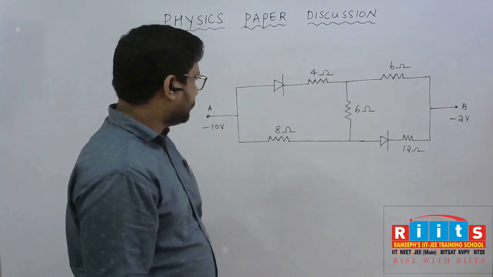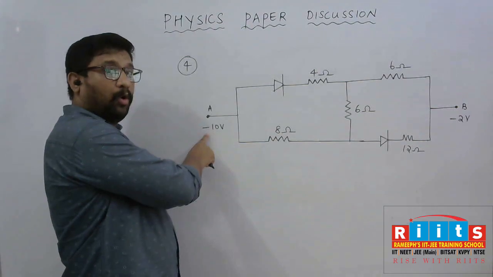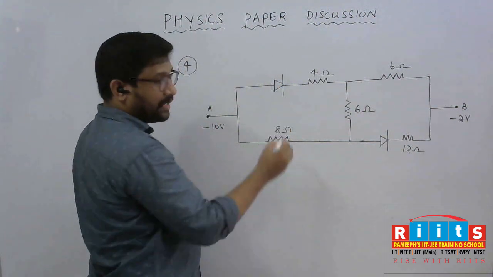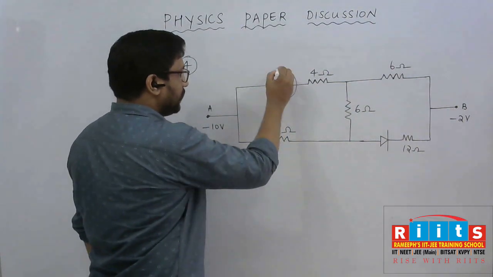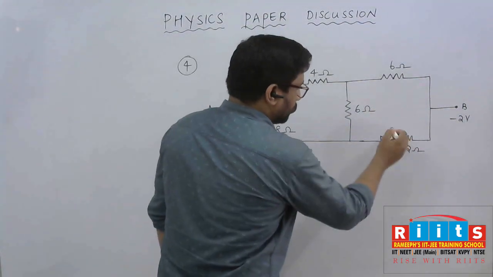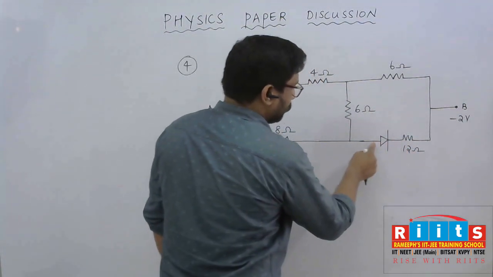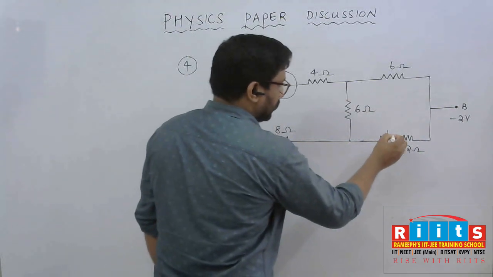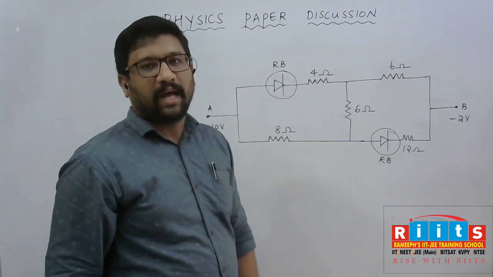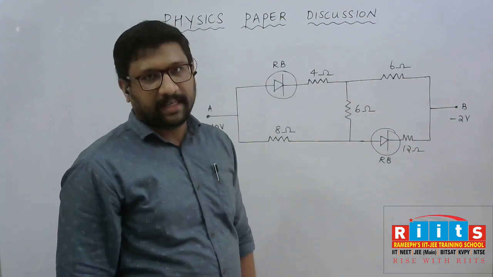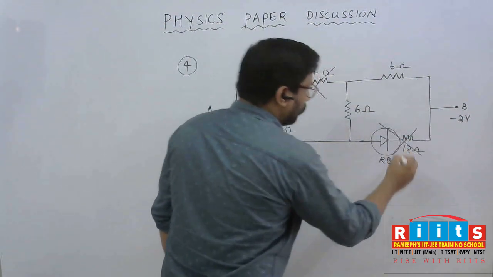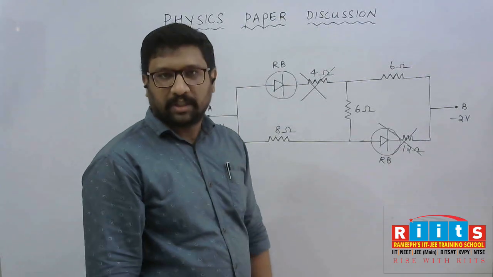By analyzing the terminal potential, A is more negative. So this point is more negative compared to the N side. Hence, this diode is in reverse biased condition. Similarly, for this diode, this is the less negative portion and this portion is getting more negative potential. This is also in reverse biased mode. In reverse biased mode, an ideal diode doesn't conduct any electricity, so you can eliminate this path while calculating the effective resistance.